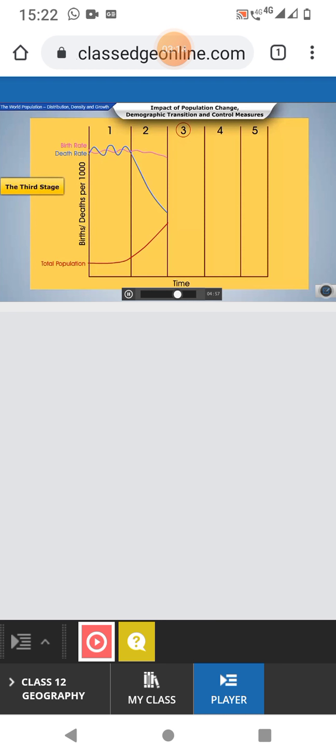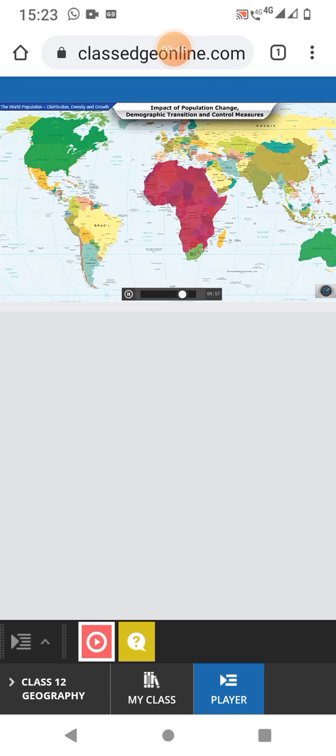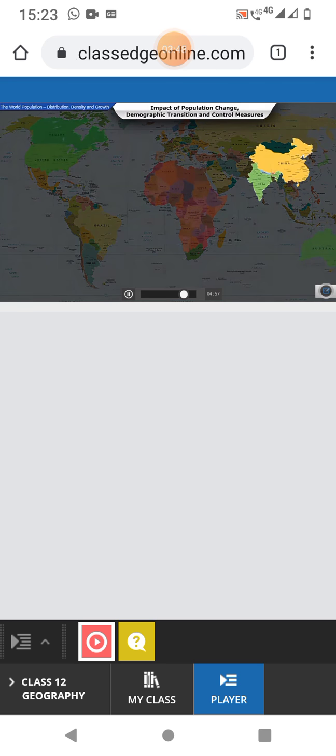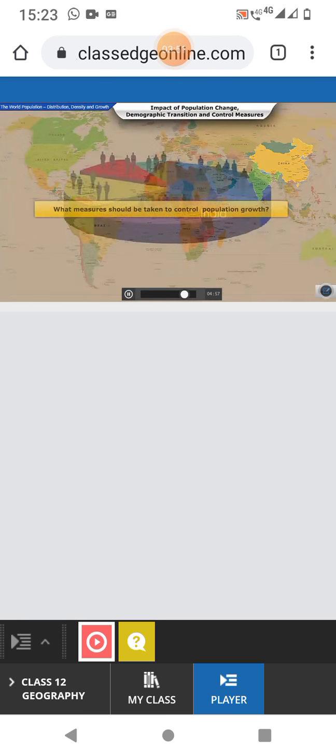The third stage of population is mostly seen in developed regions where the fertility and mortality rates are low. The population remains stable or grows at a slow rate. This is because of improved literacy rates, a highly urbanized society, knowledge of technology and deliberate control of the family size. Present-day countries lie in different demographic transition models. Our country, India, lies in the second stage of the demographic transition model.